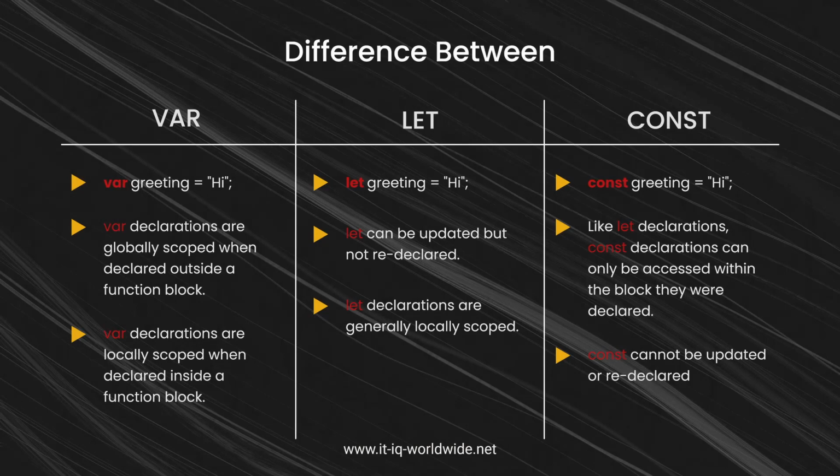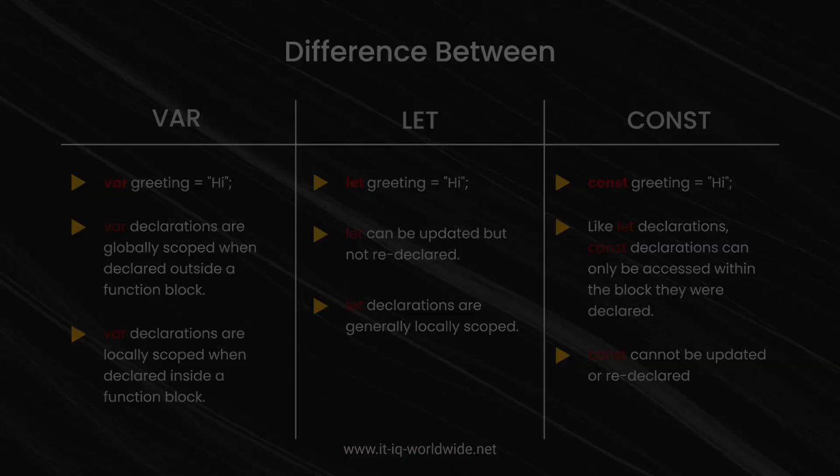Now let's take a look at the difference between var, let, and const. The difference between these three keywords is not exclusively their keyword names. Var declarations are globally scoped when declared outside a function block and become locally scoped when declared inside a function block, while both let and const can only be accessed within the block they were declared. In other words, they are generally locally scoped. We will touch on the differences between local and global variables. The difference between let and const is that let can be updated but not redeclared, whereas const cannot be updated or